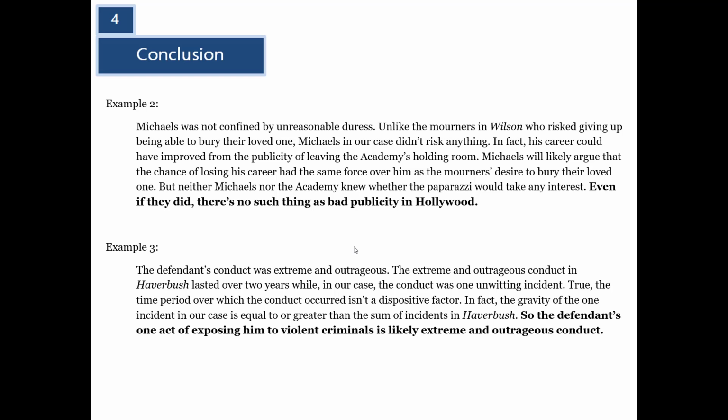Now take your first closed research memo and look at your analogies. Do you have all 4 of those parts? Do you have a concept in common? Do you explain in detail the comparison? Do you deal with any objections or negative points, distinctions? And then do you state the conclusion? Make